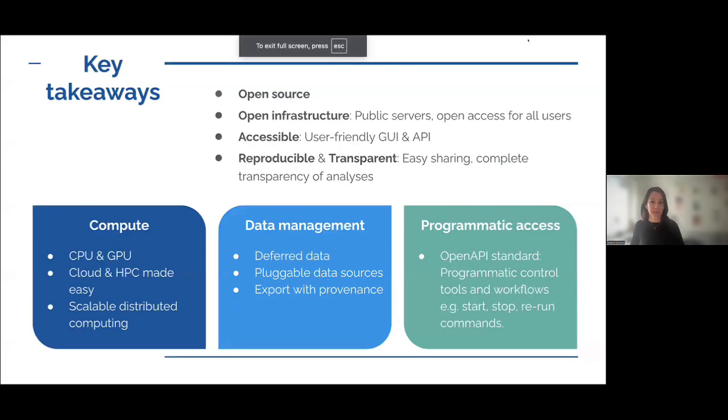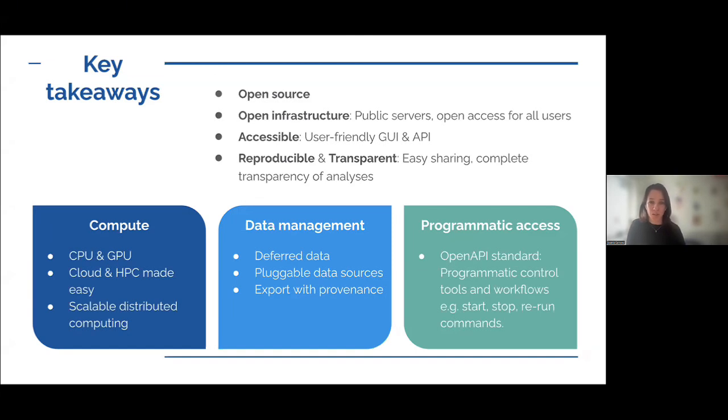Okay, so a summary of everything that you've seen from the three of them. That's Anne, Leonid, and Ricardo. I think you saw from different angles how you can do your image analysis there. And I wanted to summarize everything in one slide as different features that are available for you to use. So the first one, this is an open source platform. That means that you can take the code and reuse it, you can take the platform and install it yourself in your institute, do as you like on your local computer. You can also contribute to it if there is something that you would want to improve there.